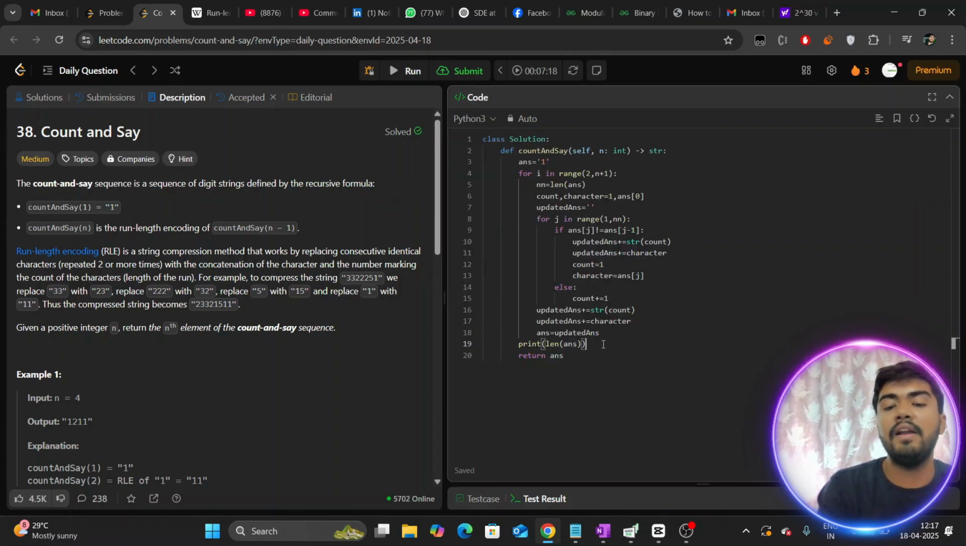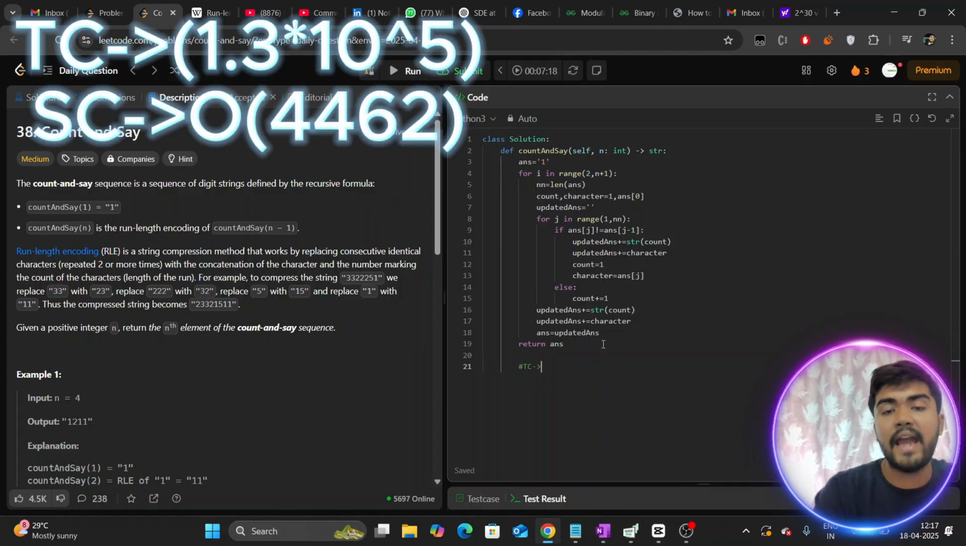So that, I personally feel, is the most optimal time and space complexity for these particular questions. And if we can just quickly discuss the time complexity: on the time part, this for loop is going to iterate for big O of 30 for sure. And it's not 30, it is 29 obviously, because we are iterating from 2 to n plus 1, and this for loop we have proved can grow as big as 4462